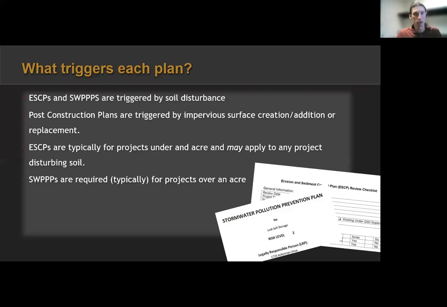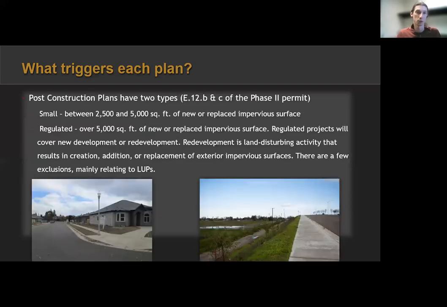Now I said post-construction plans are triggered by impervious surface creation. And there are two types of post-construction plans. And this is where it starts to get a little bit heady. So we find this in section E.12.b and c of the Phase 2 permit. A small project, it's not called a small project, but we call it that.